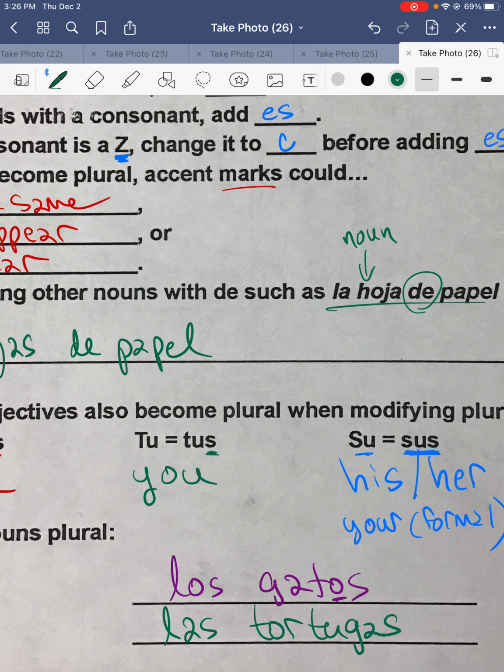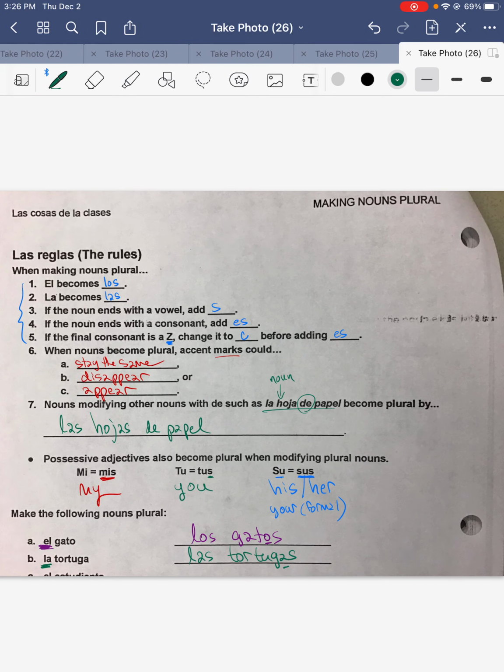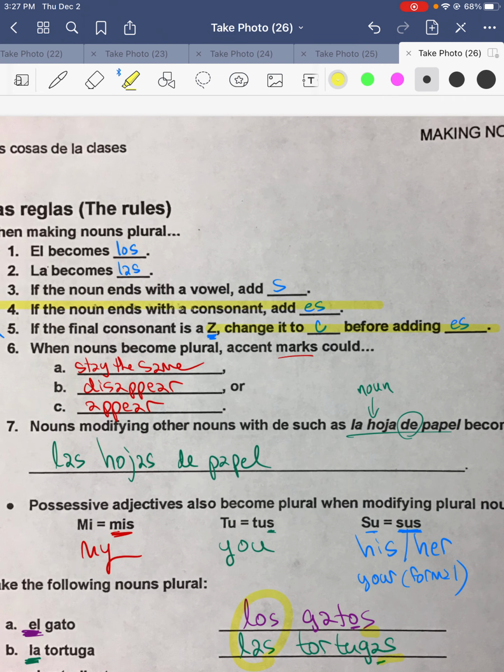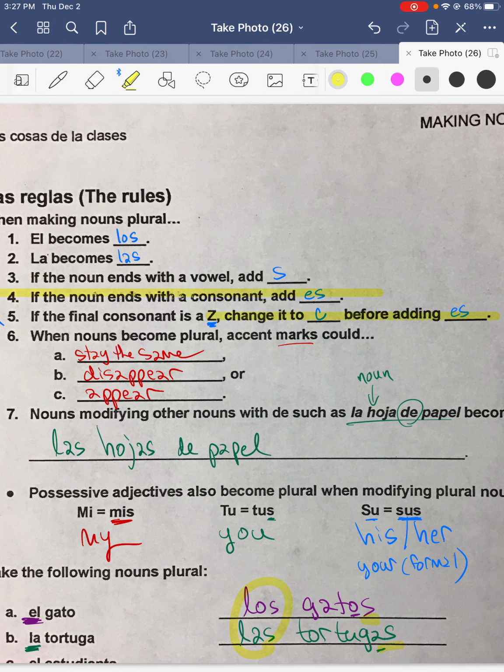Las tortugas, plural form. So when you're done with this, check and make sure all of your articles, that's the els and las, are all changed to los and las, and all your nouns will end with s, or if they end with a consonant, es. And of course, I added a couple that end with z, so you're going to change z to c before adding es. Good luck, buena suerte. We will go over some of these, and I'm giving you plenty of